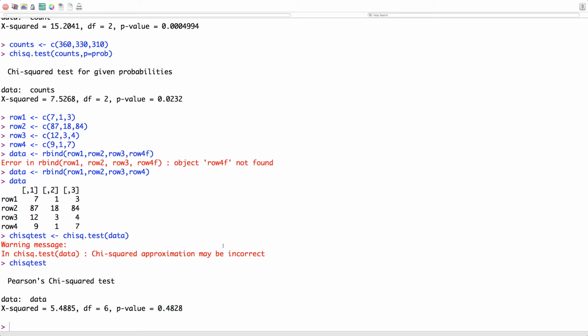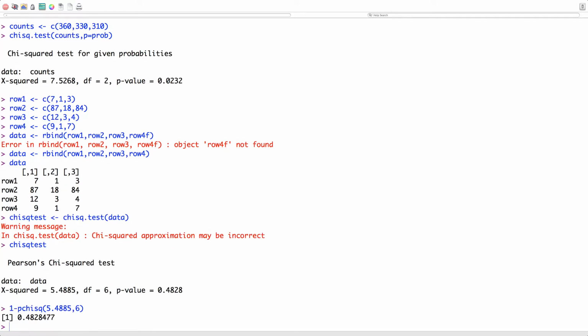Now, by hand, the test statistic would be 5.4885, degrees of freedom 6. You can see we get the same p-value. What we know here is we don't have evidence to reject the null, so statistically speaking,